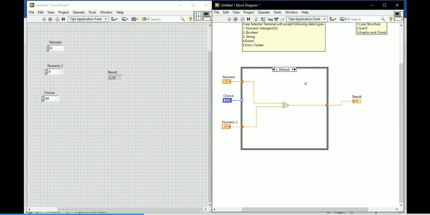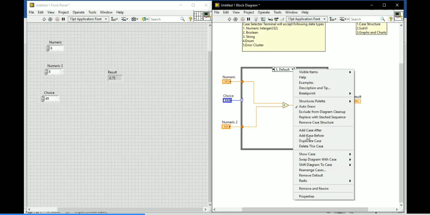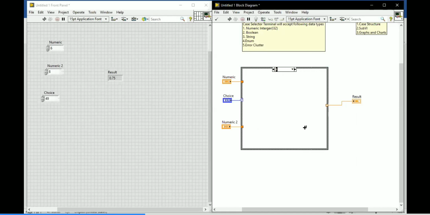Suppose from case 10 to case 20 I'm going to execute the increment function. You can implement that very easily. Right click, go for add case first, and delete that case label over there.